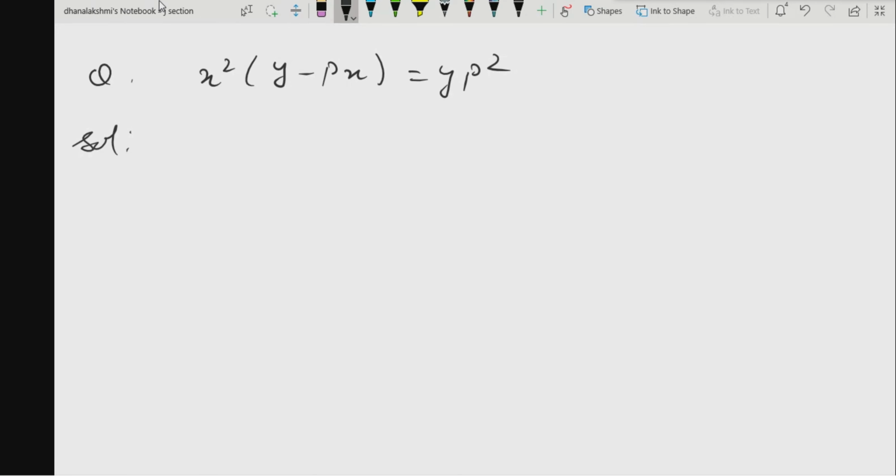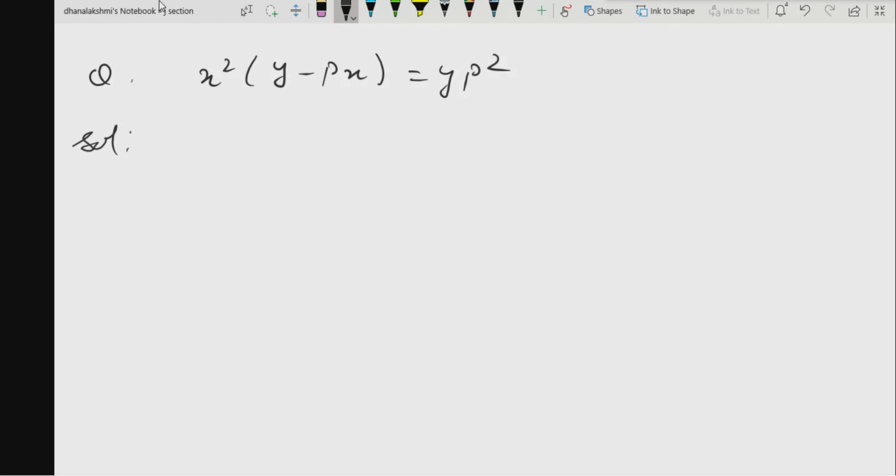But what I will do is, with some transformation, I will convert the question into Clairaut's form. There are so many problems that can be converted to Clairaut's form by some transformation, by some substitution. We will change the x and y variables there. But to do so, there are no tricks. With experience, with practice only, you will get those things. There are no tricks for the substitutions. Based on the given question, the substitution changes.